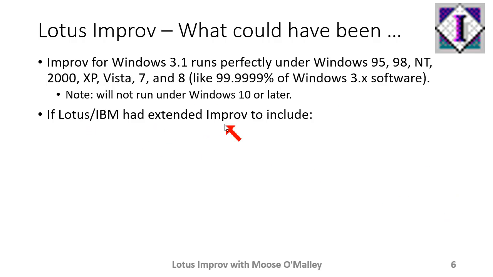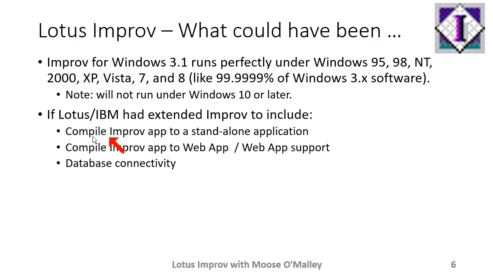If Lotus and IBM had extended Improv so you could compile Improv to standalone applications, so that you could distribute your Improv applications to users without them having to own a copy of Improv, that would have been a real game changer. And if you could compile Improv to web applications, or if there was web app support in there, even though the web was just coming online around these times,